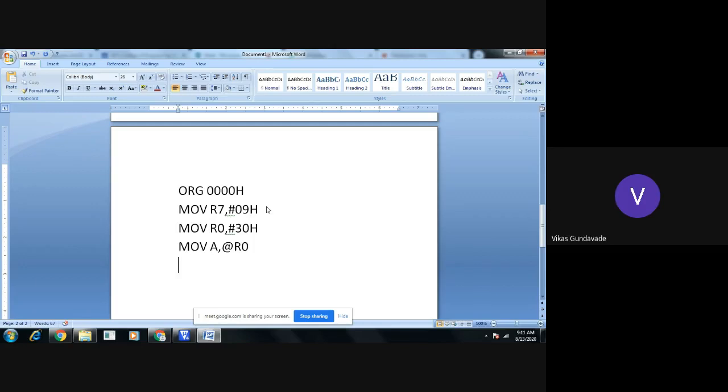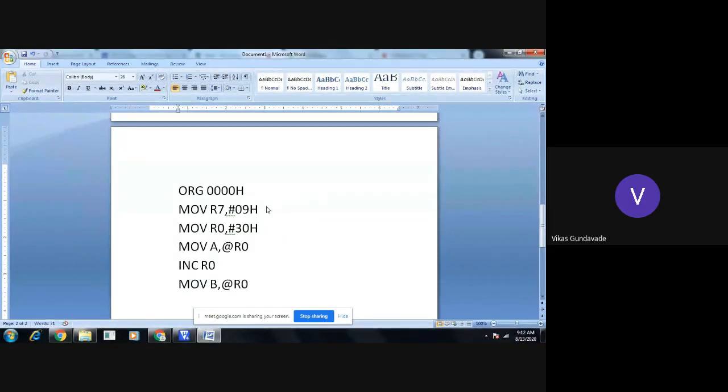Okay. Now after taking the first number, for the comparison, we need to increment R0. Why are we incrementing R0 here? Because we are comparing the first number with the second number. So whatever the first number is, that will get compared with the second number. For this comparison, we need to take the number from the next memory location. So we need to increment R0 here, and simply transfer the contents of that memory location into the register B.